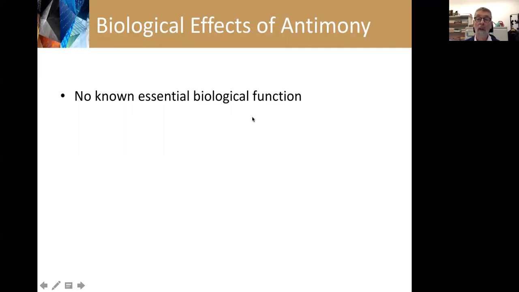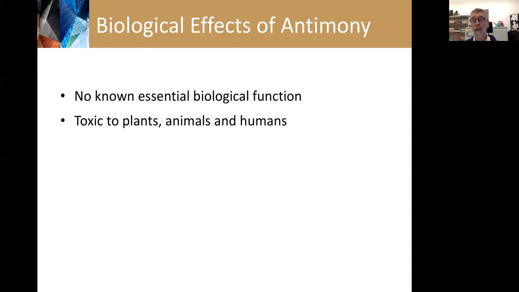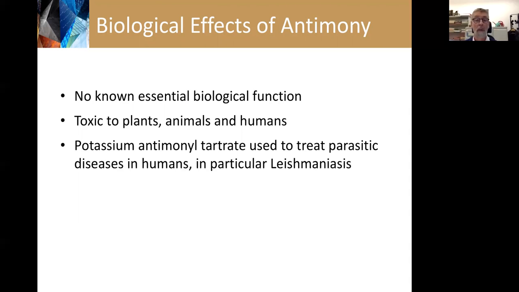For a long time, it was not really clear what function antimony has or what its effects are on biological tissues or organisms. This has to do with the fact that it was difficult to distinguish antimony from arsenic analytically. So there was always some uncertainty to what degree antimony effects were actually caused by impurities of arsenic. But it is well known that, like arsenic, antimony has no essential biological functions, but at high concentration it is toxic to plants, animals, and humans.